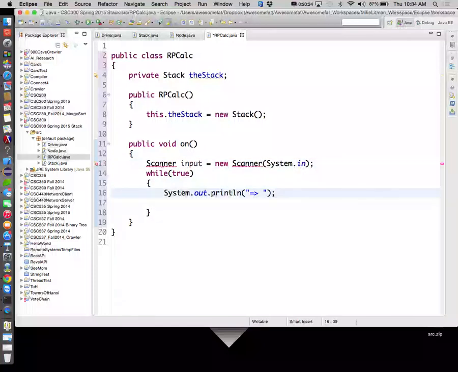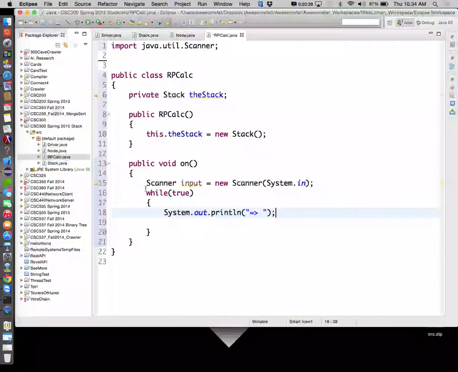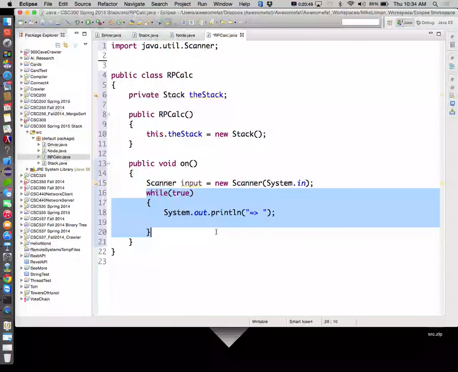I'm going to import java.util.Scanner. All right, so now we have the ability to read something in from System.in. We'll print out our prompt forever, basically what this while loop says. Eventually we're going to have a break in there to bust us out of that loop, but I'll just say forever. We are going to print out a prompt and then